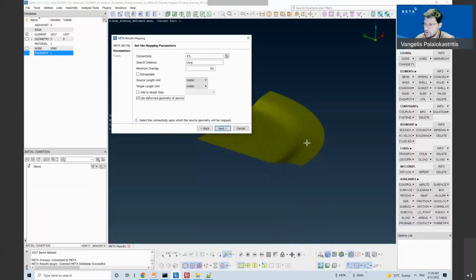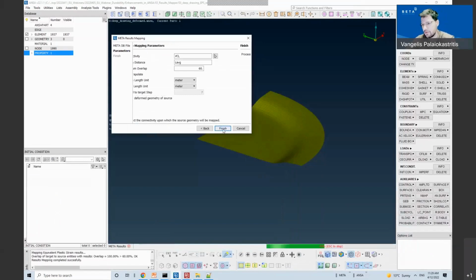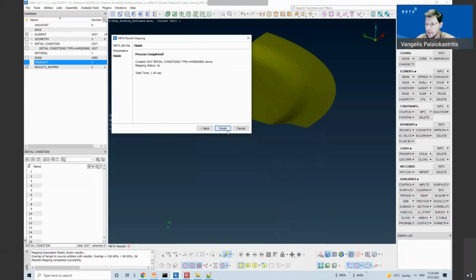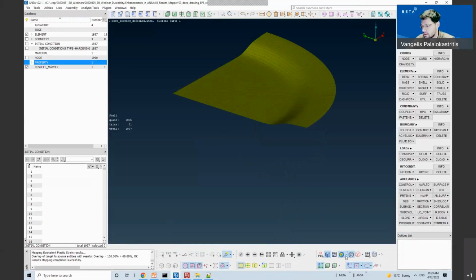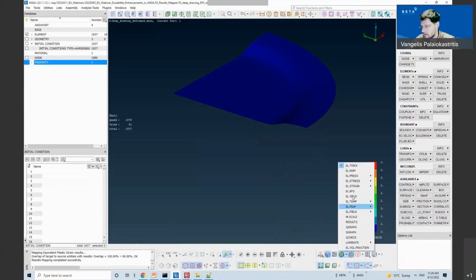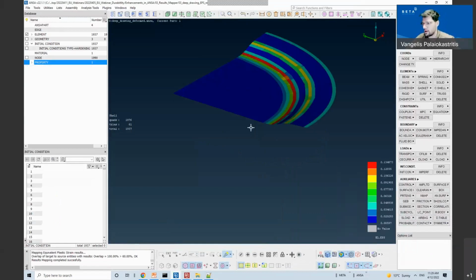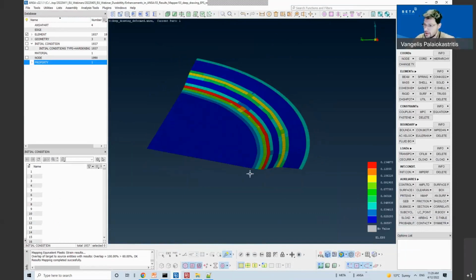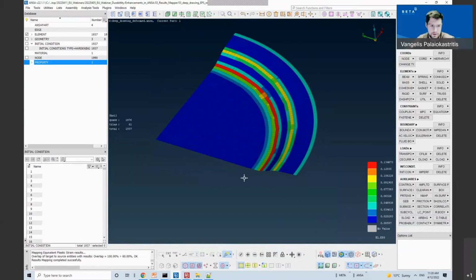So in order to have a matching between the source and the target, I need to specify this option. Okay, the initial conditions are created, and they are mapped according to the deformed geometry.